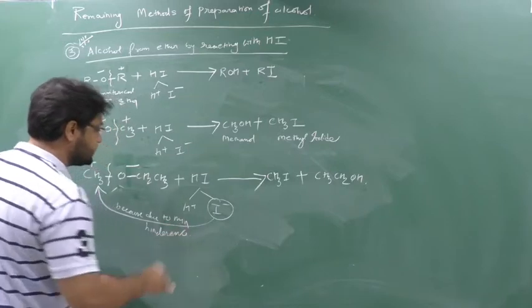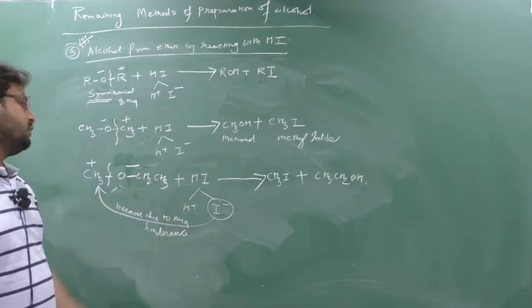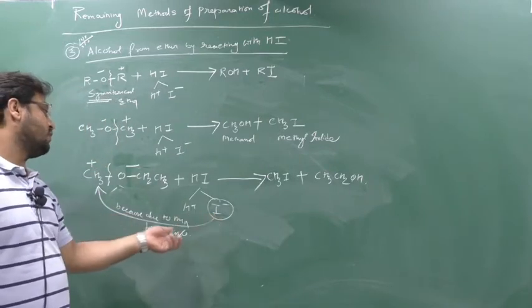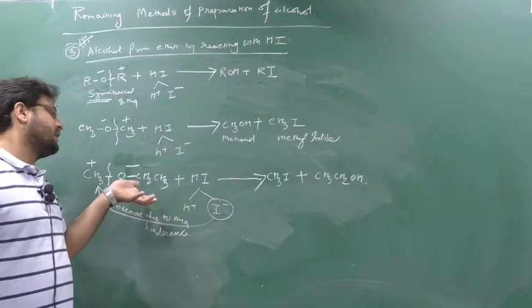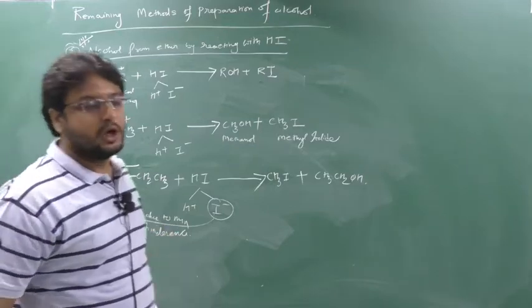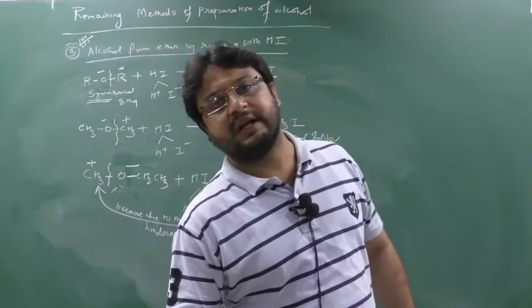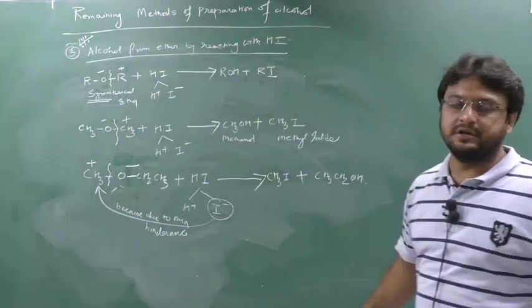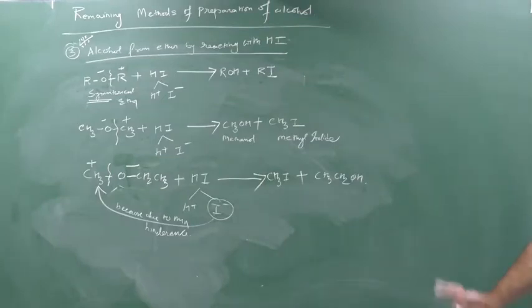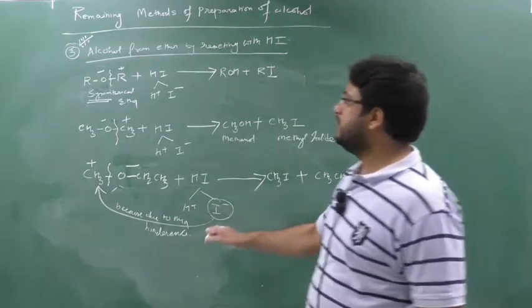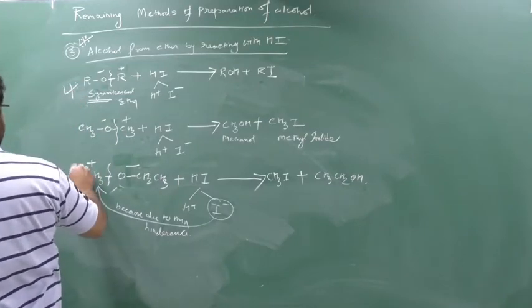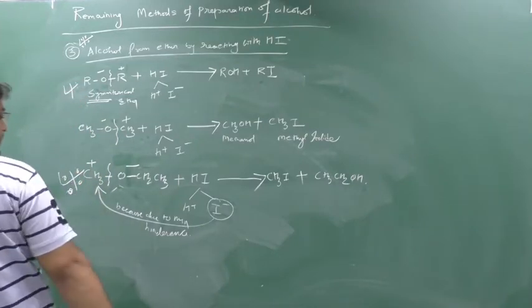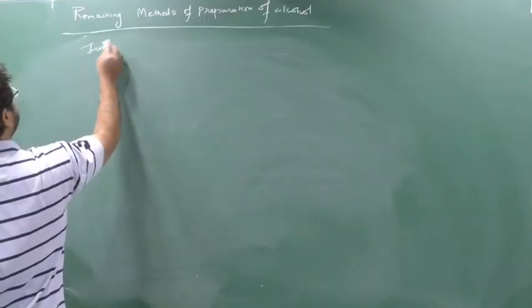Okay, you know this hindrance. I minus size is very large. Due to its large size, it cannot attack the chain which contains more carbon atoms, because the hindrance will become maximum and the reaction does not occur. So it will attack the chain which contains fewer carbon atoms to reduce the hindrance. If hindrance is reduced, the reaction will occur. This key point is only for HI, and that too for unsymmetrical ether only. It's very important. Write it down.